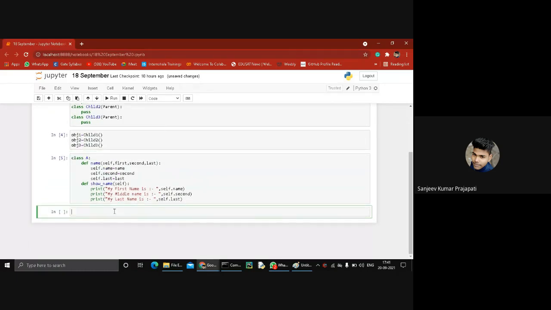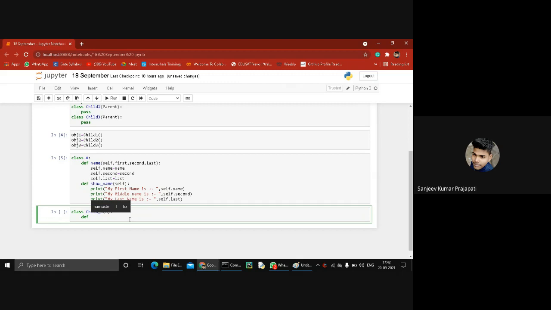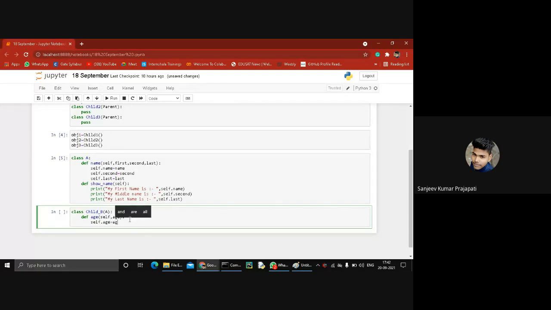Then I'm creating the next class, class B, a child class, and it contains all properties of class A. Again, we create another function, and the function name is age. It takes an argument, and we assign another variable, self dot age equal to age.